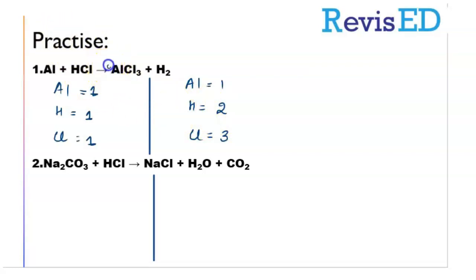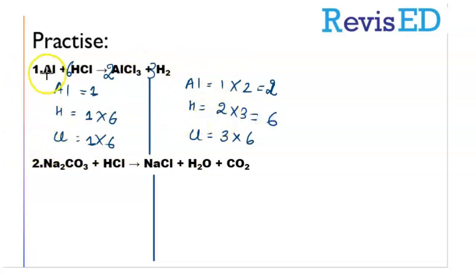If I multiply it by 2, then what happens on the right hand side? I multiply aluminium by 2, so this is also getting 2, but chlorine is getting 6, so I can simply multiply it by 6. So chlorine is 6, aluminium is 6. It means your chlorine is balanced, but your hydrogen is not balanced, so multiply it by 3. If I multiply it by 3, it is also 6. So this is balanced. Now aluminium is 2, so multiply it by 2. So aluminium is balanced, hydrogen is balanced, chlorine is balanced. Now okay,